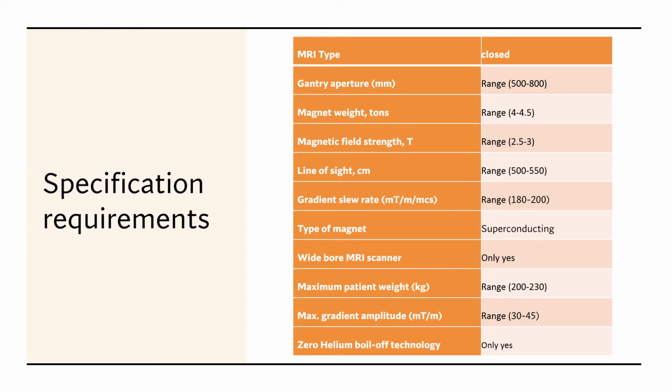For the specifications required in our hospital: gantry aperture, range between 500 to 800; magnet weight in tons, range between 4 to 4.5; magnetic field strength, range between 2.5 to 3; line of sight, range between 500 to 550; gradient slew rate, range between 180 to 200; type of magnet,